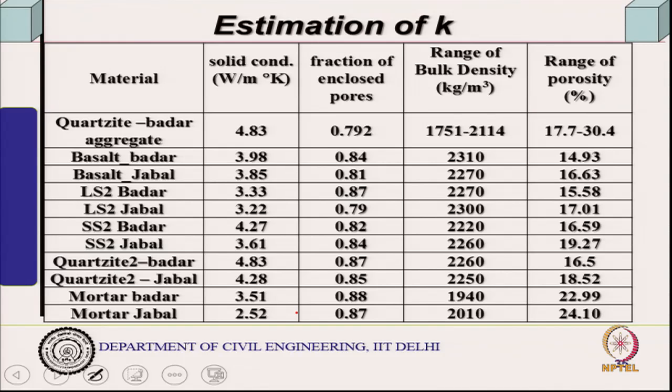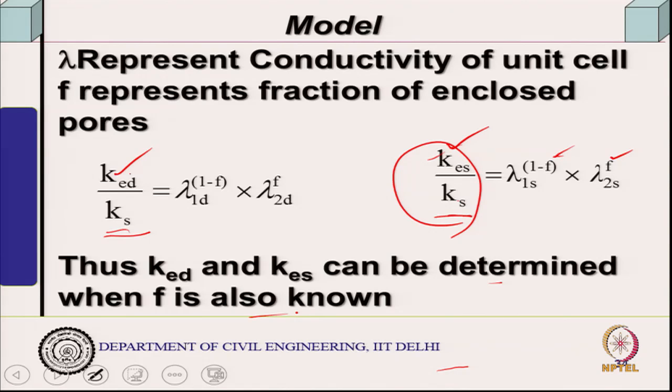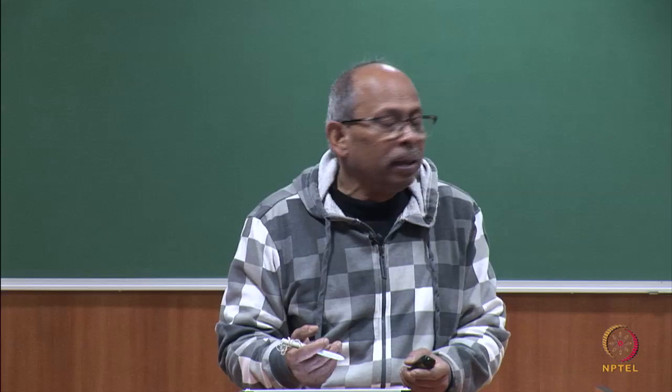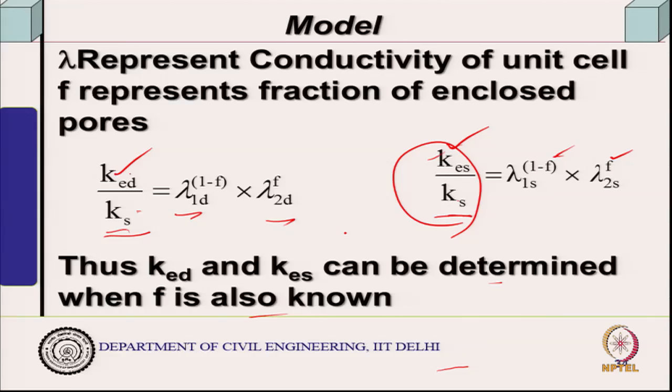So, for example, if you look at these solid conductivities, one could estimate them from measurements. Supposing I have these two equations available, KED and KES, dry condition and saturated condition, and these 4 which I have determined earlier, then I can actually obtain the 2 unknowns, Ks and f, from these 2 equations together, with a little bit of trial and error, because this is transcendental. You can't straight away obtain this. You can find out the ratio of these 2. So, KES by KED I can find out.